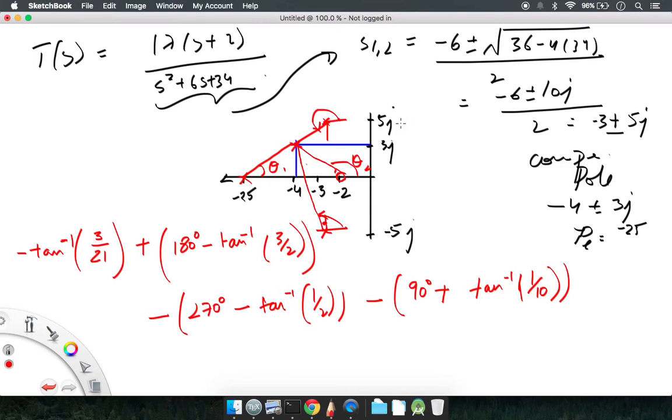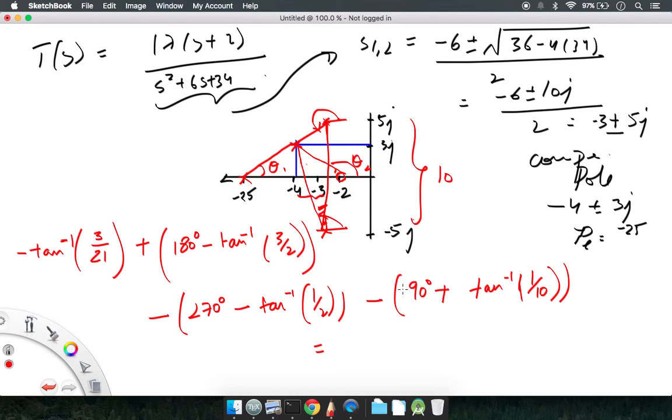Notice, because this is 10 units long and this is 1 unit wide, I can calculate this angle and add a 90-degree angle and get my contribution from this pole, which is minus 4 minus 3j, to my pole of minus 3 minus 5j, and see the contribution it makes to the pole at minus 4 plus 3j. And once you do that, you end up getting